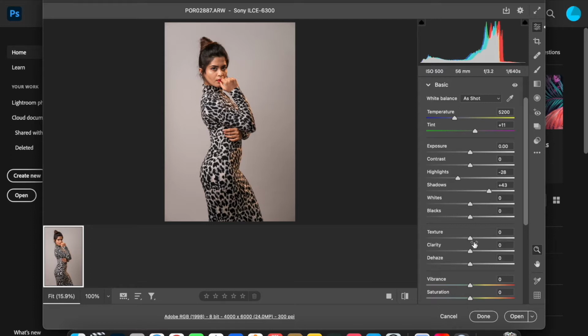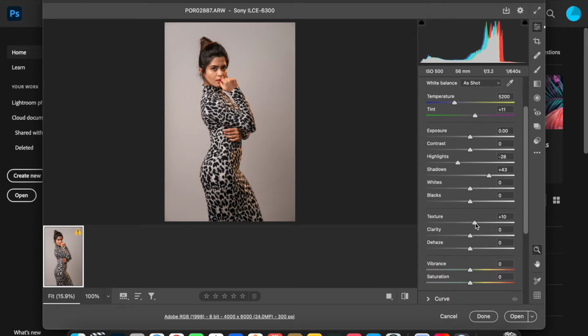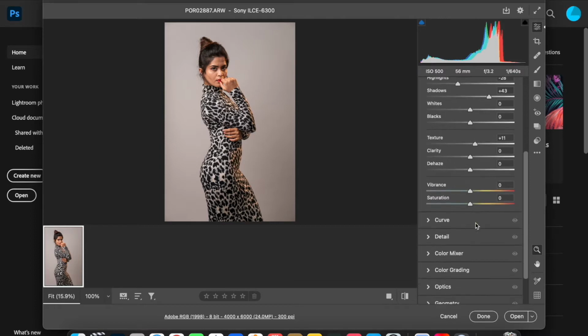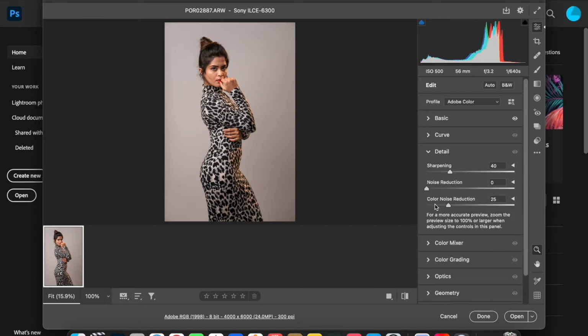I will increase the texture a little, so that if your camera profile does not have enough sharpening and you want to work in post, that's the place where you increase the texture. We will work on sharpening as well, so we will go to Details. If I'm shooting at ISO more than 100, that's when you need to reduce the noise.